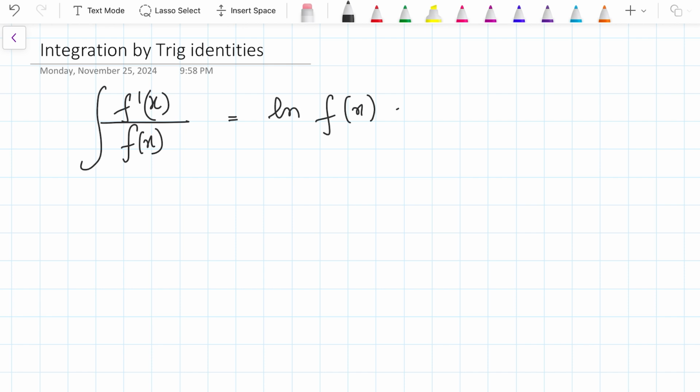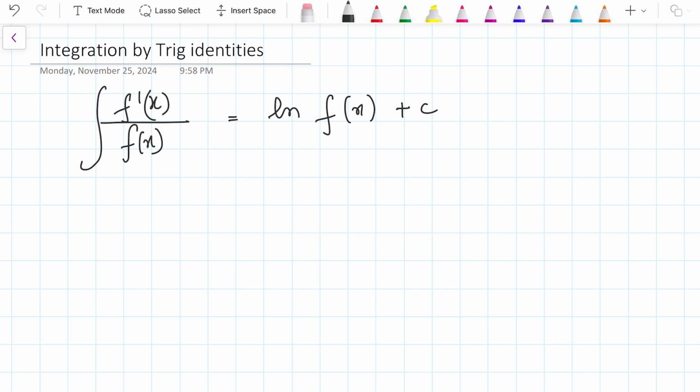So in the previous video we discussed integration by recognition, when there's a function in the denominator and its differential is there in the numerator. F of x in the denominator and its differential in the numerator, the entire thing closes into ln function. Now, let's discuss how we integrate the trigonometric functions and how we use different trigonometric identities to integrate different kinds of trigonometric functions.